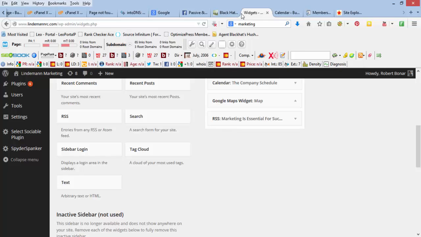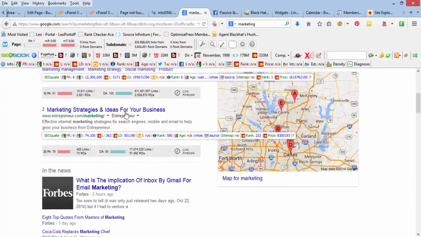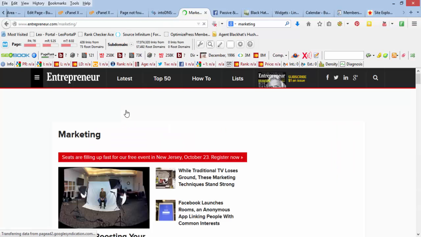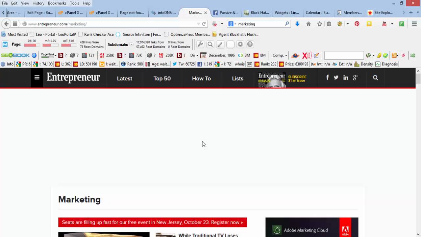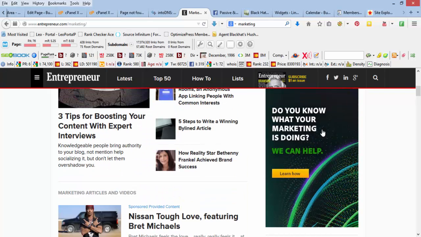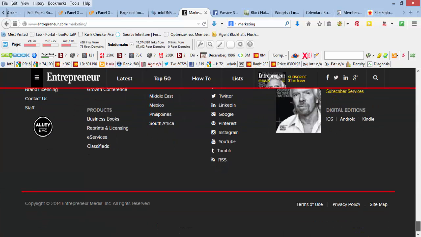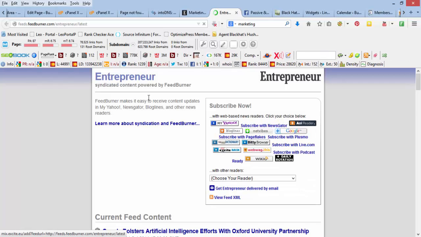Let's go to marketing, and let's see, let's do Entrepreneur. So when I go to Entrepreneur, you see they've got lots of cool stuff in here, right? And a lot of this is related to marketing, okay? So all we need to do here is go through and find the feed, and when we look down here, you'll see how it says RSS, right? All you need to do is click on the RSS, and then you will just copy this, okay? You'll copy this, and then when we go back to our site,